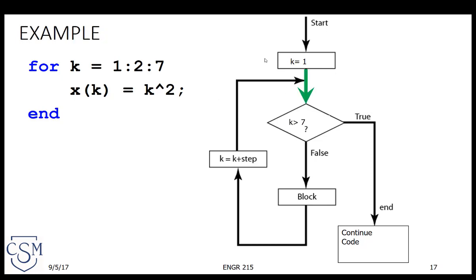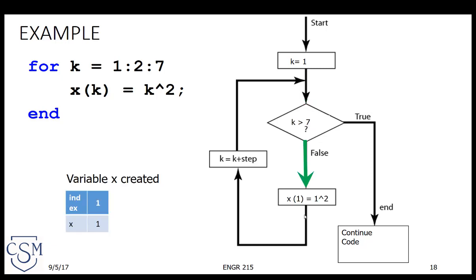So when I start this loop, right here we have k equals 1. It'll ask, is k greater than 7? Of course that's false, and it'll put 1 right here and execute that line of code. And now variable x is created, and since this is k equals 1, it's going to put 1 in that first array. Then MATLAB, the for loop, will